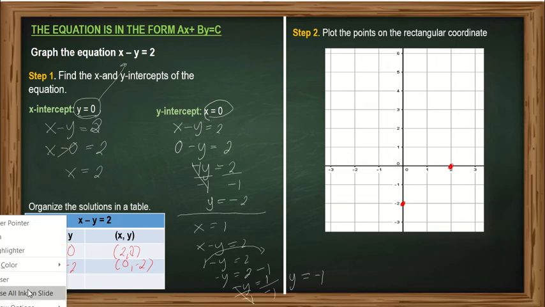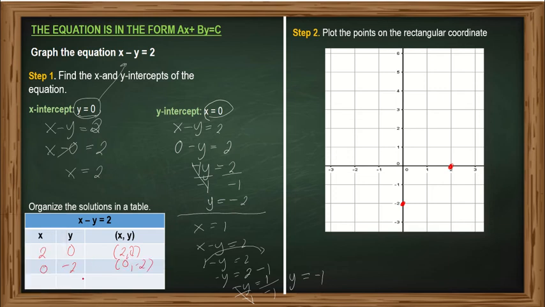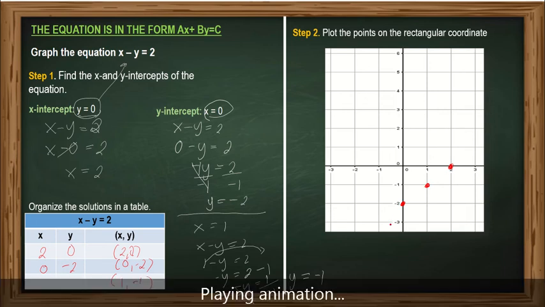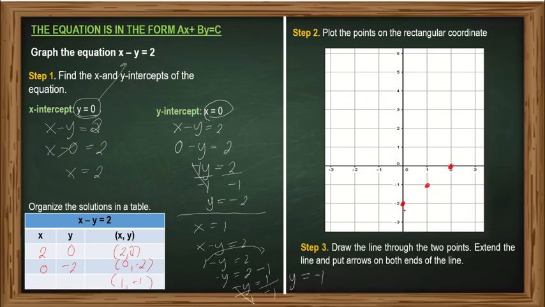So we have here the third point: (1, negative 1), and it's found here. Notice that the 3 points are aligned. Then step 3, you are going to draw the line through the points. Extend the line, and put arrowheads to indicate that the line extends up to infinity. Now you might ask me, Ma'am, can we just turn this equation into its slope-intercept form,